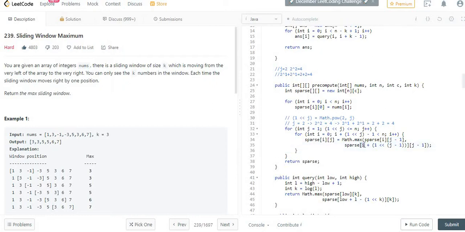Similarly, when i is 2 and j is 2 minus 1, which is 1, shifted by 1, this will give me 2 plus 2, that is 4. This 4 and this 1.